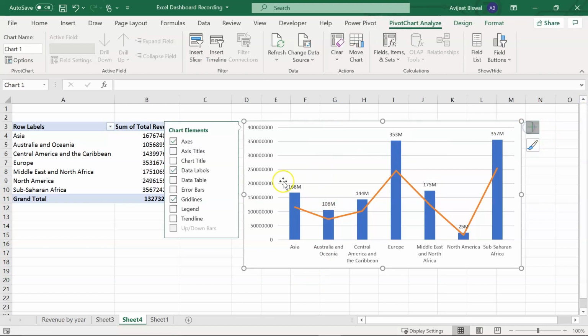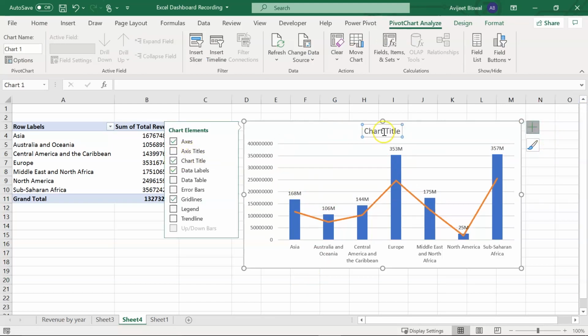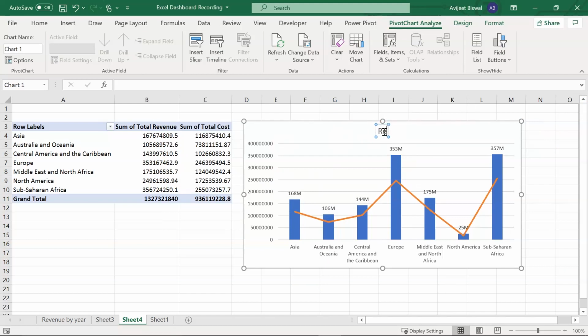Next thing, we'll add a chart title. So here I'll write revenue by region. It's actually revenue and total cost by region.